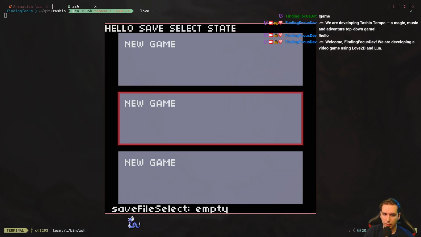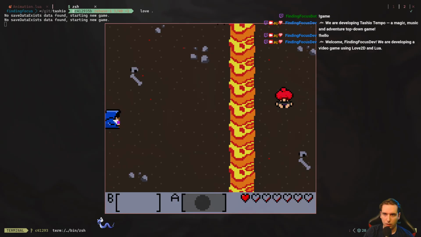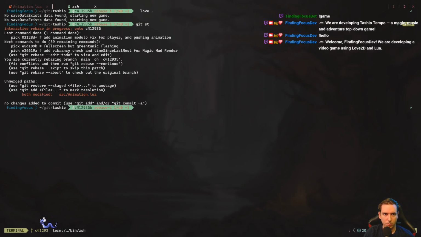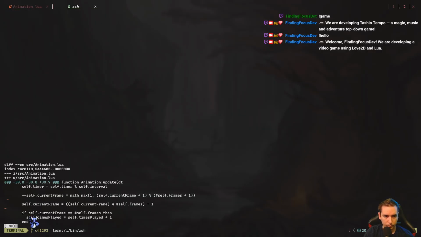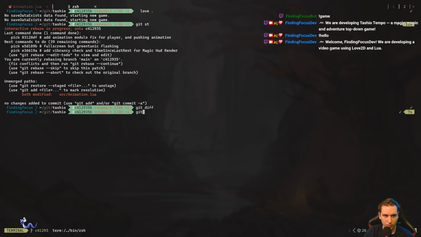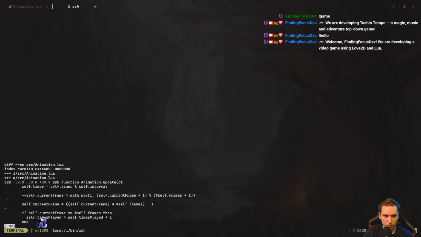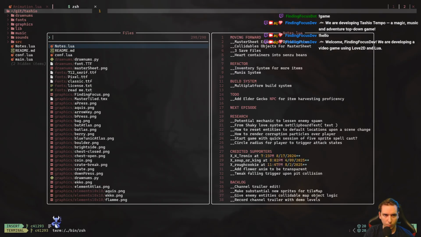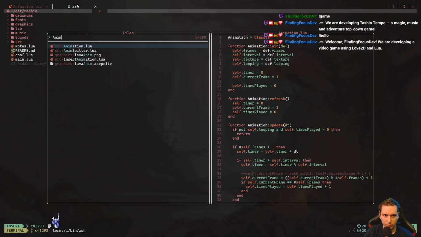There is our save select screen. Okay. This looks so horrible. See, we didn't even change anything. We really didn't. We're just gonna take out those extra lines. Why was that a merge conflict? No lines were different.